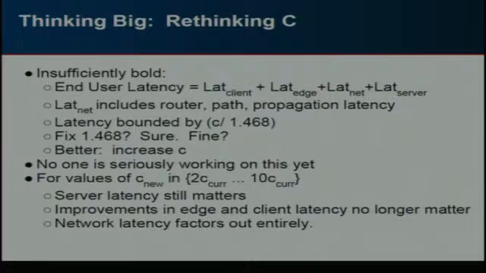Okay, so here's the part where we say, we just haven't been thinking big enough. So if you look at the end user latency, it's the client latency, the network latency, which we can decompose into specific edge latency because that has particular characteristics, and the rest of the network latency and some server latency. The client latency you can't do much about other than ask people to buy better computers. You can do a little bit with how you deploy your web app. And the server latency we think is a big opportunity, but there's this network latency,